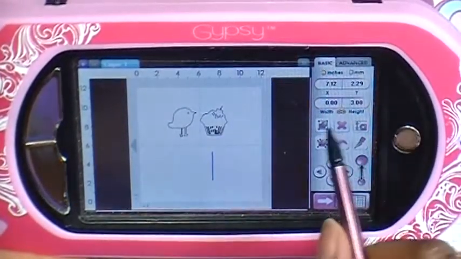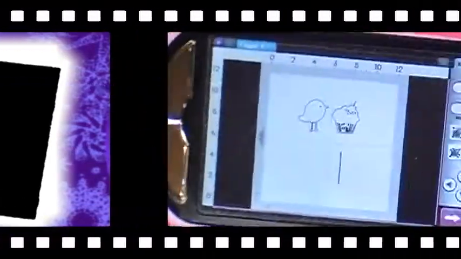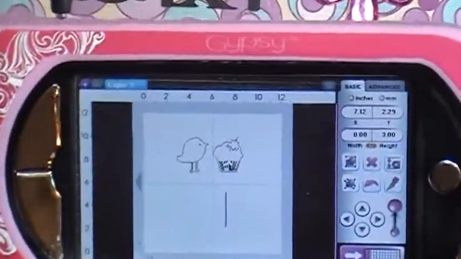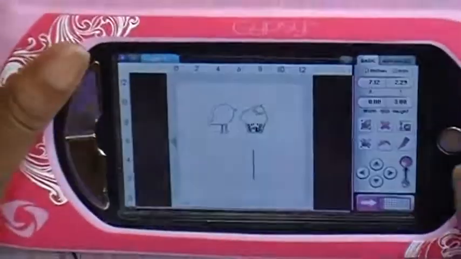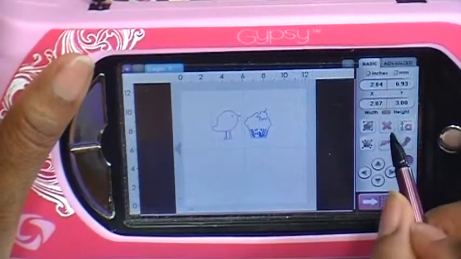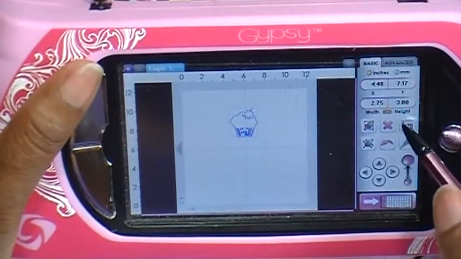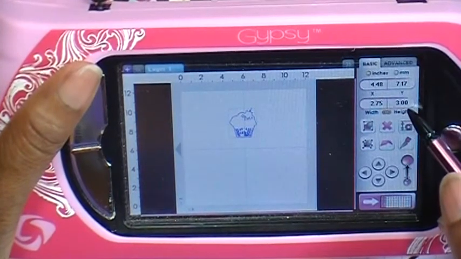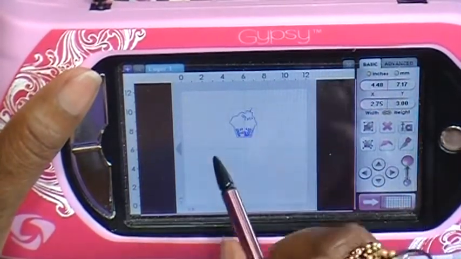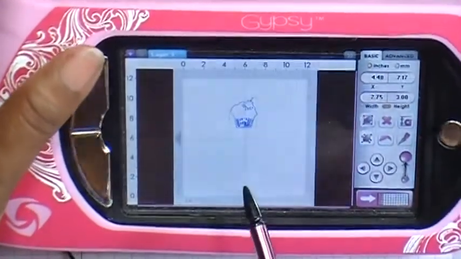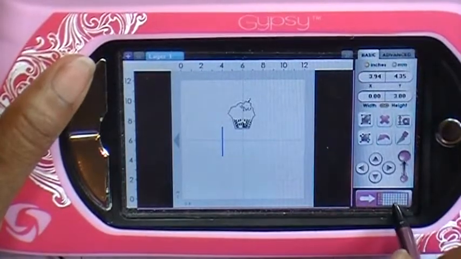Let's talk about the aspect ratio button. I've used this before in previous videos, but I've never gone into any detail about it. So we're going to change the size. What I'm going to do is delete my little birdie, and we'll work just with the cupcake. Right now it says the height of my cupcake is 3 inches and the width is 2 3/4 inches. Now, supposing I want my cupcake to fit inside my card, I'm just going to bring up